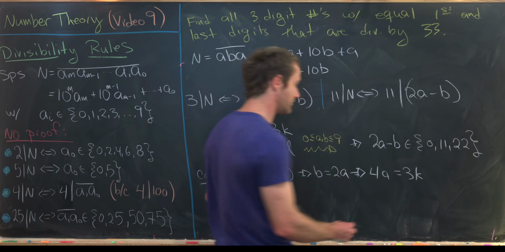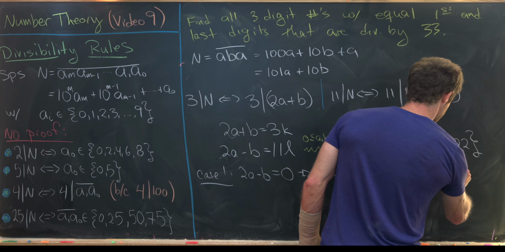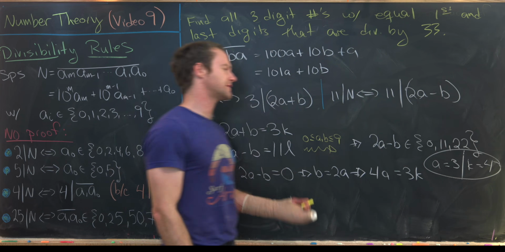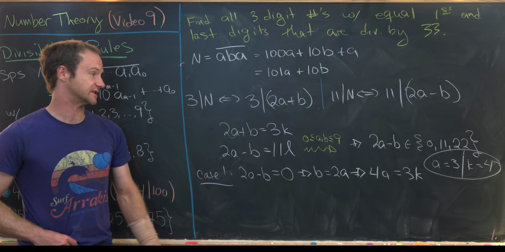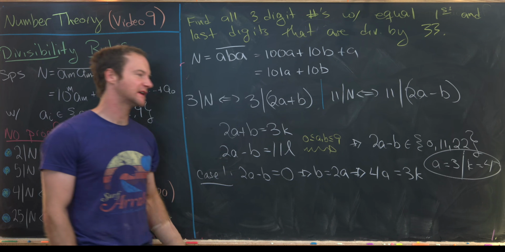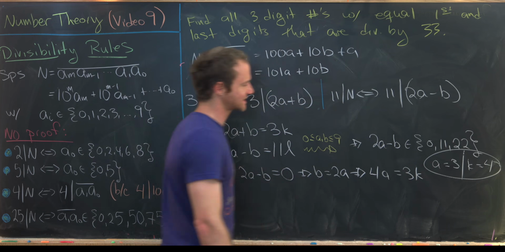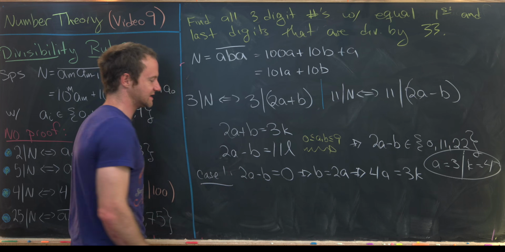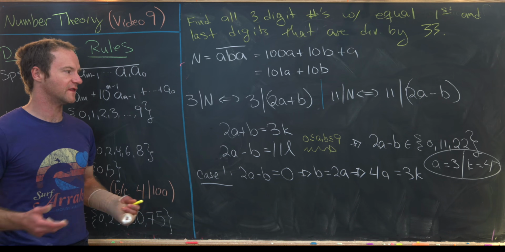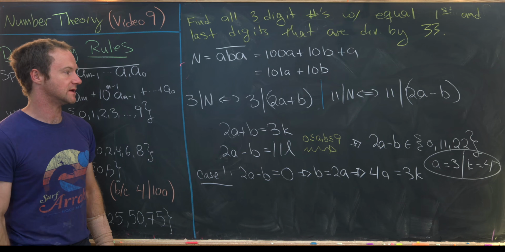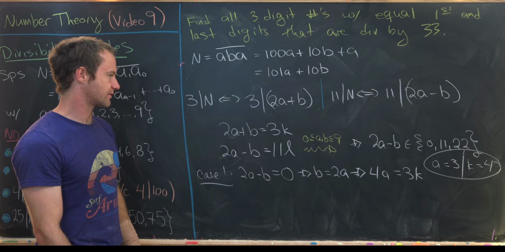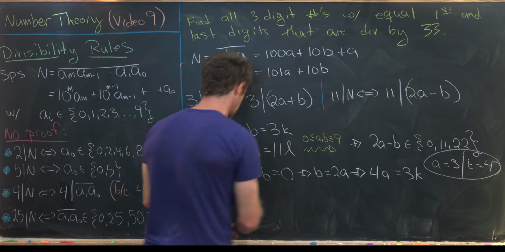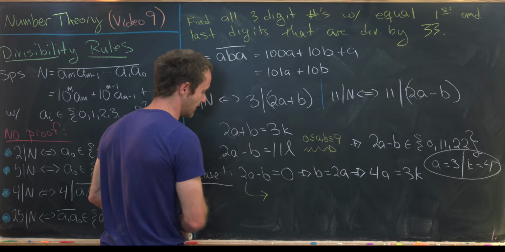And from that, it will follow that a is equal to 3 and k is equal to 4. Those are the only possibilities if a is between 0 and 9. And that's because if a were equal to 6 or 9, we could not achieve 2a minus b equals 0 with the allowed values for b. So if we've got a is equal to 3, we know b is equal to 2a, so that gives us an answer in this case of